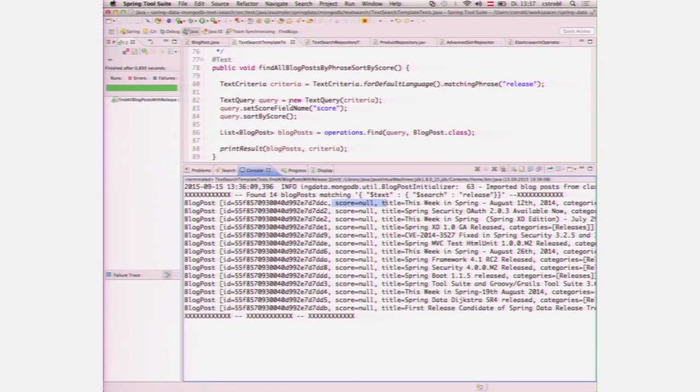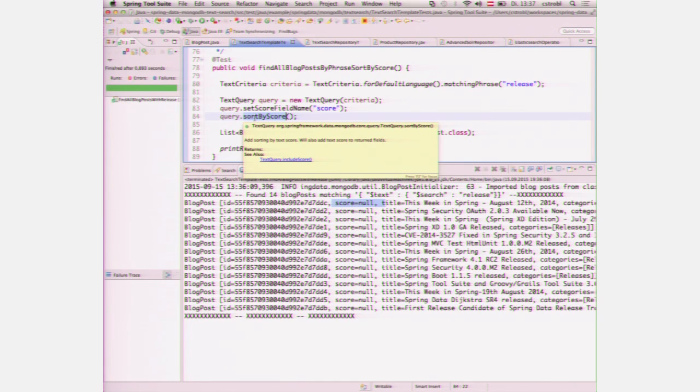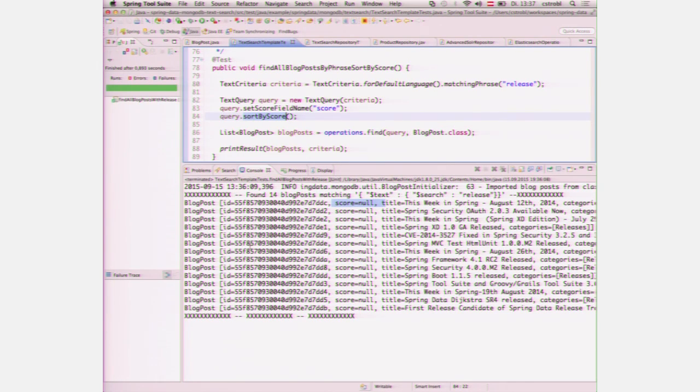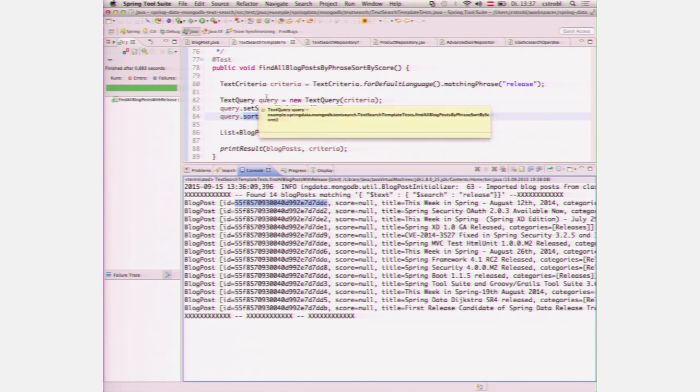And you can do this by defining a text query given this very same criteria we had before. And you have to define the field of the score field, and then you can also sort by this field. Otherwise, you wouldn't be able to sort via the score. MongoDB returns natural order, as you can see down here. This is just the order the documents are within the store, and then you can go on and use the score to order your results. And when I do that,